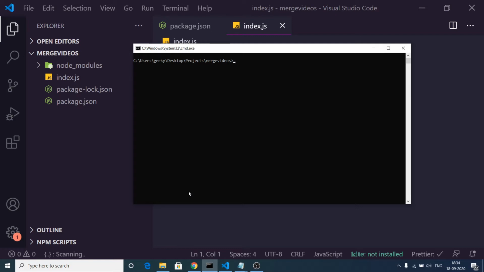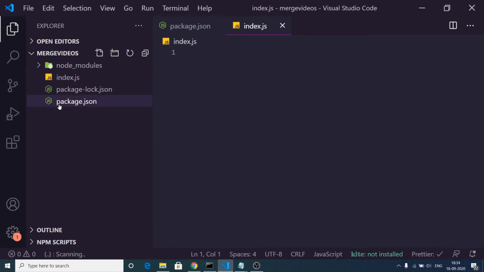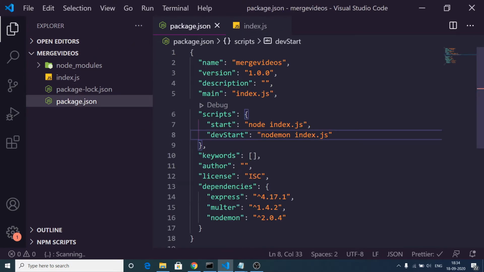After that what you need to do is that you need to install these two dependencies. First will be the Express server, npm i express, and the second dependency will be Multer. Multer will be used to upload multiple files to the Node.js server. And the third dependency we are using is Nodemon, which will automatically restart the server. Now we can just start our server, npm run dev start. So basically this is a script that we have written in order to start our server inside our package.json file. You will see these are the three dependencies: Express, Multer, and Nodemon. And this is our dev start script here, nodemon index.js.